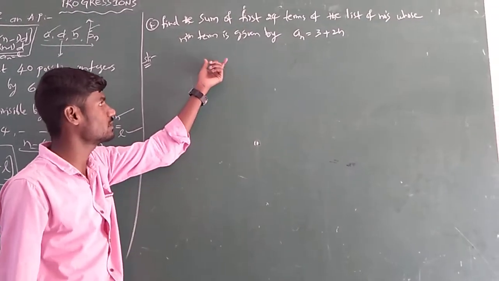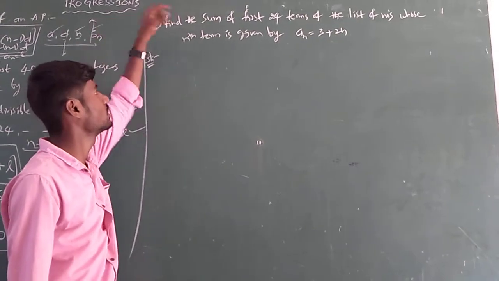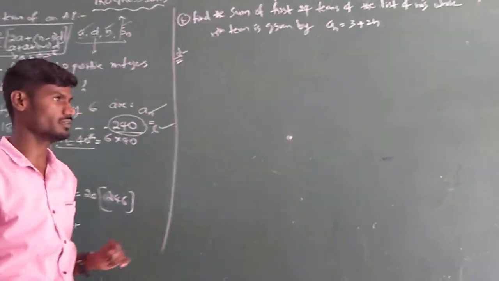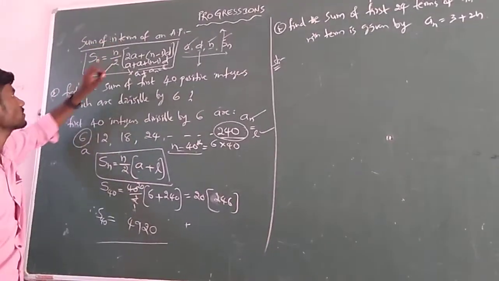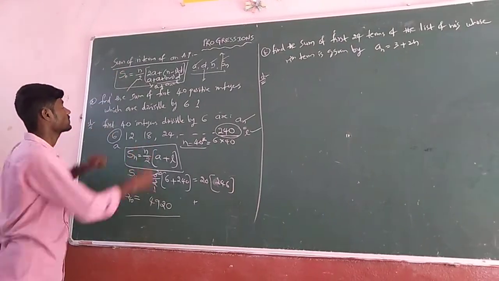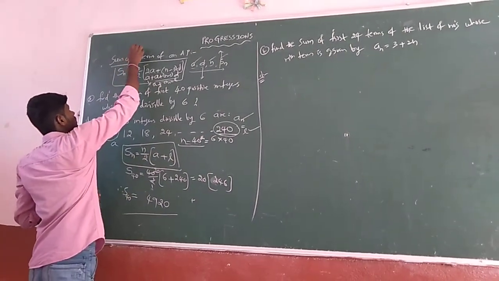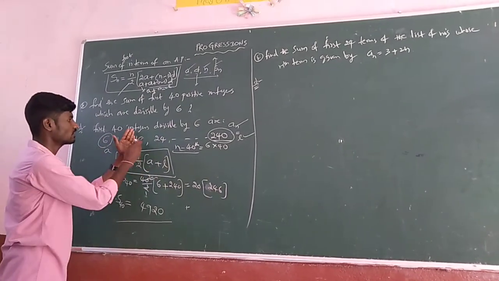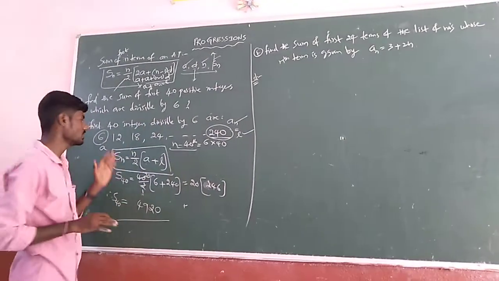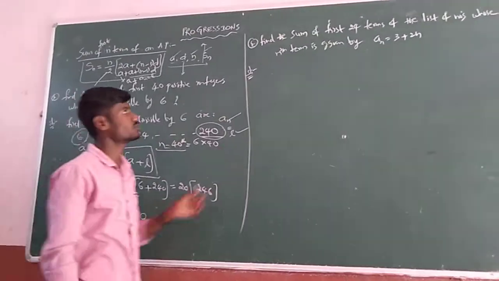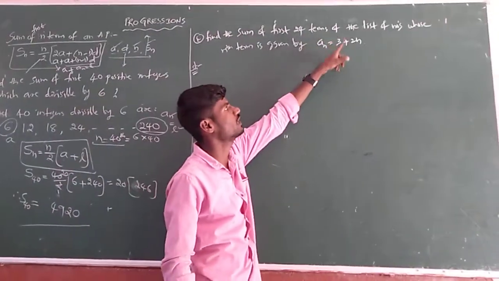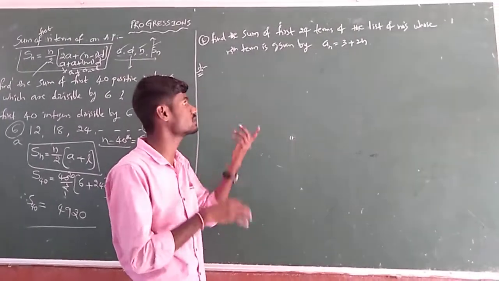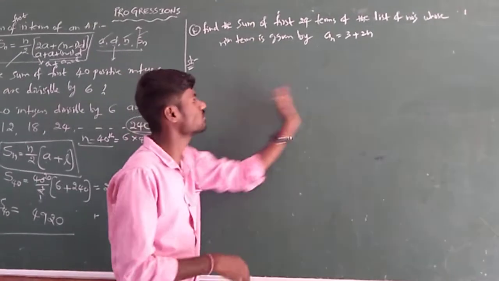See students, here is one more type of problem in the sum. Find the sum of first 24. So always remember, sum of n terms actually means sum of first n terms. Sum of first n terms means always it is from the first one, not from the third or not from the fourth, like that. So here also, sum of the first 24 terms of the list of numbers. Means there is some list, and we have to find from the first to 24 terms.